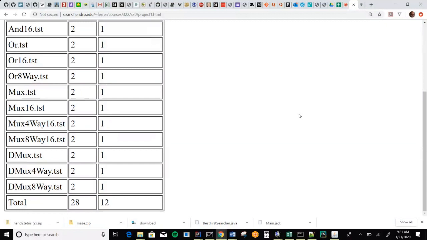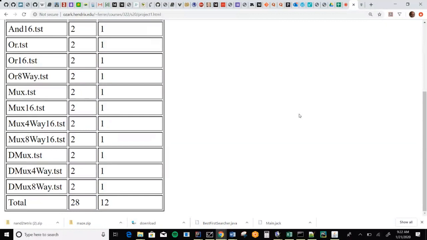And so much like AND 16 and OR 16, there's going to be some copy paste. Now, more subtle is MUX 4-way 16. MUX 4-way 16 goes from 1 select bit to 2 select bits. By 4-way, we mean there's going to be an A, a B, a C, and a D input.